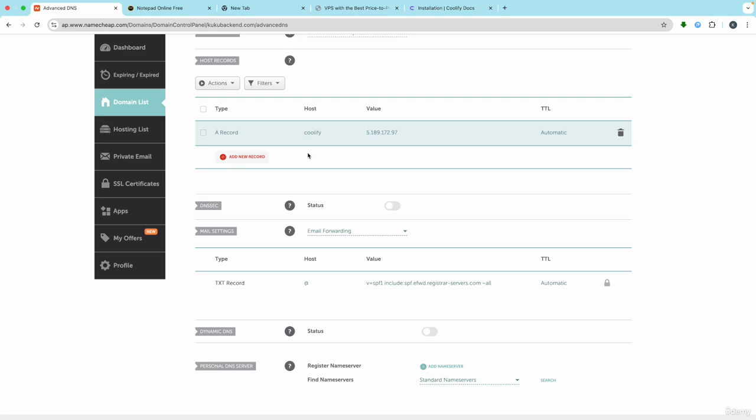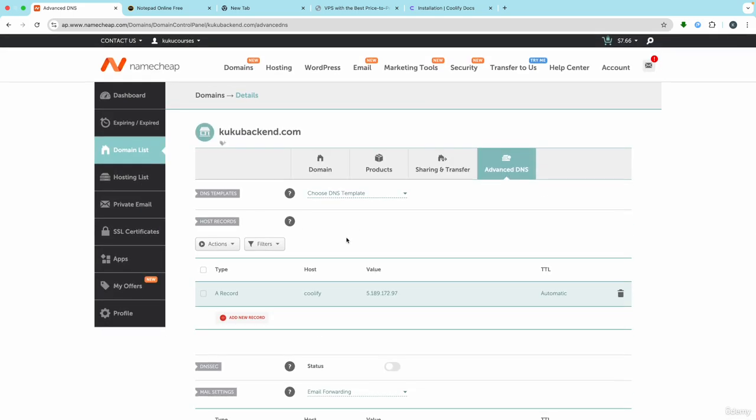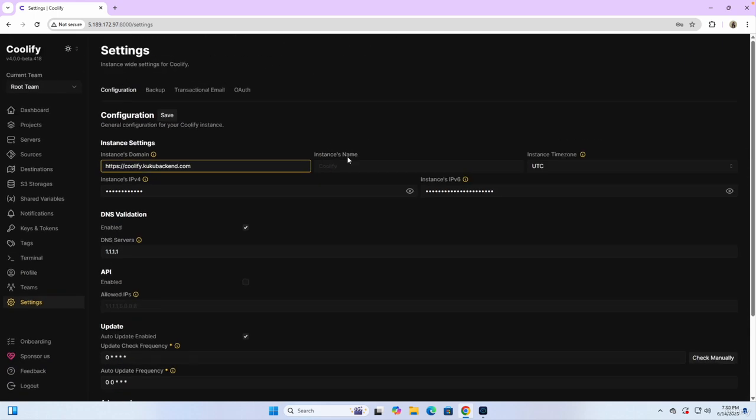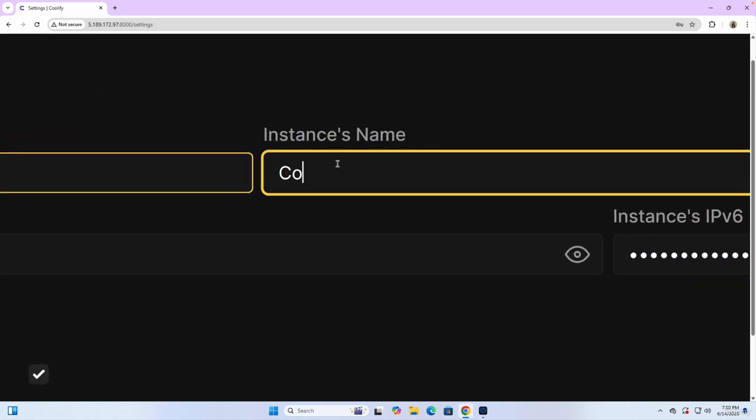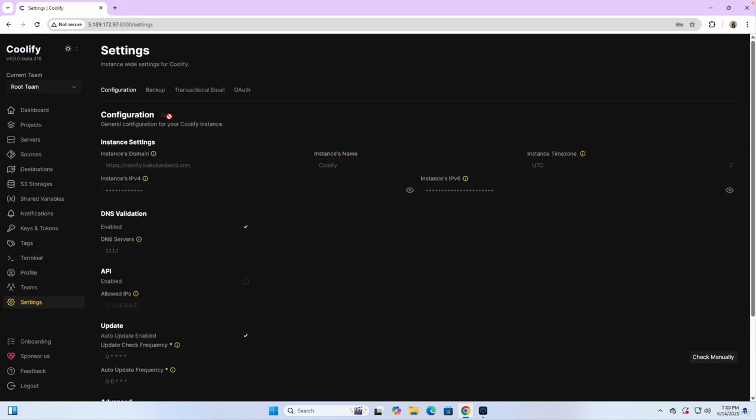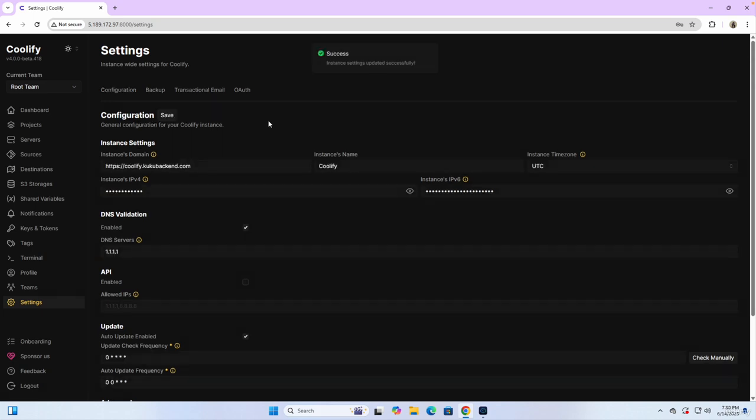By the way, it takes Namecheap a few minutes to set it. So I will also write this same one here, coolify.your domain name, and you can name it whatever you want. Let's say Coolify like this, save it up. And by the way, you can also set your time zone if you want to. Now if you try to open this link in your browser,